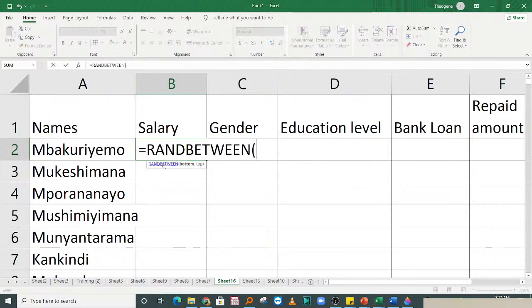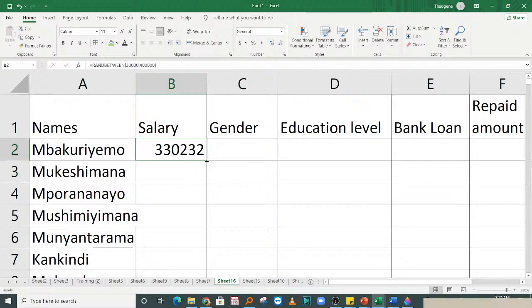I explained this in previous sessions. When you want random numerical values from, for example, 30,000 as the lowest number and the highest number to be, for example, 400,000. So not sure which company those people are working in. Then